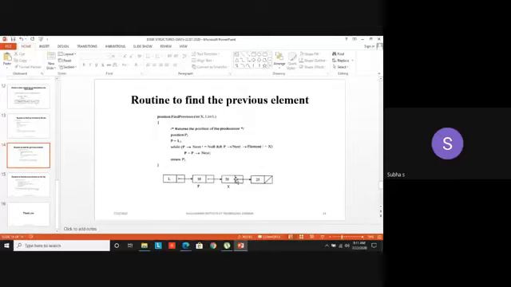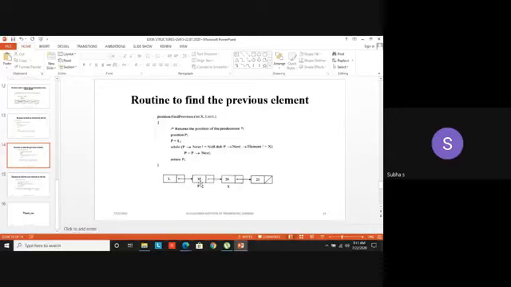While P next not equal to null, we are going to check two conditions with a logical AND. P next element not equal to X. P arrow next arrow element. That means the next element of P not equal to X. Then you have to go to the next element.